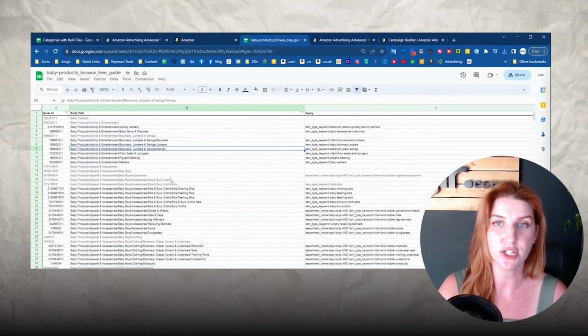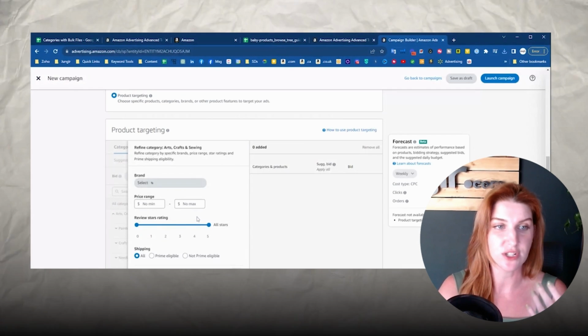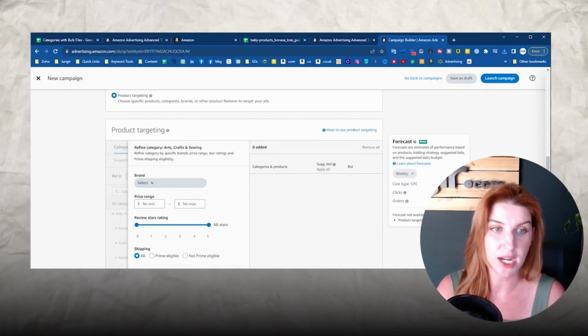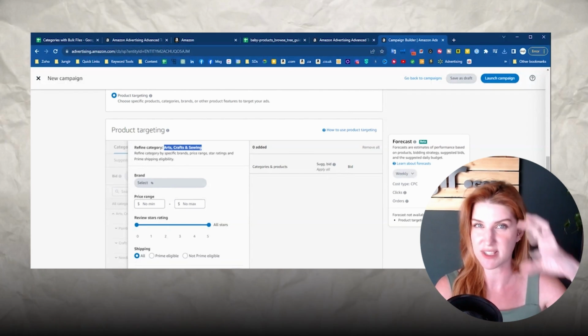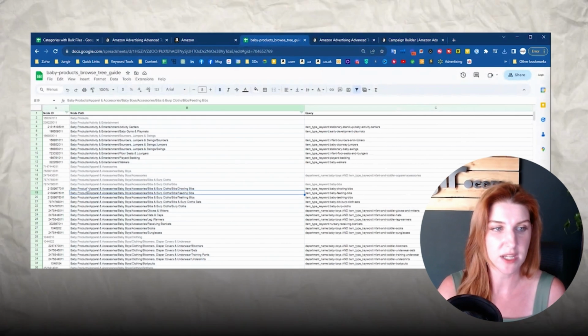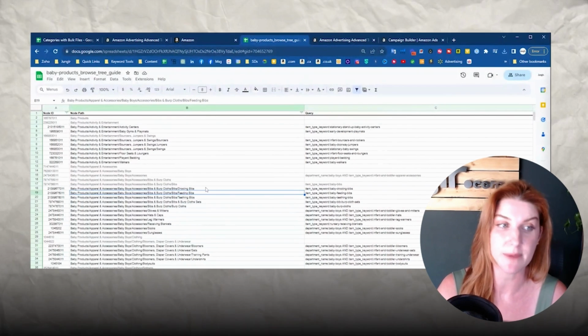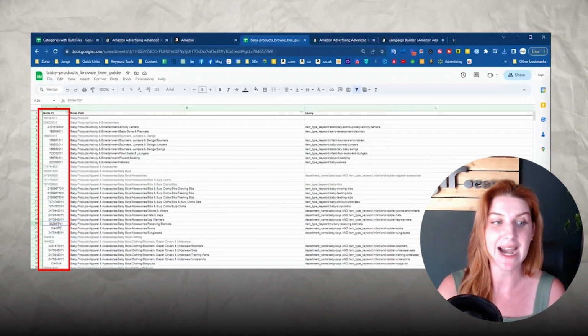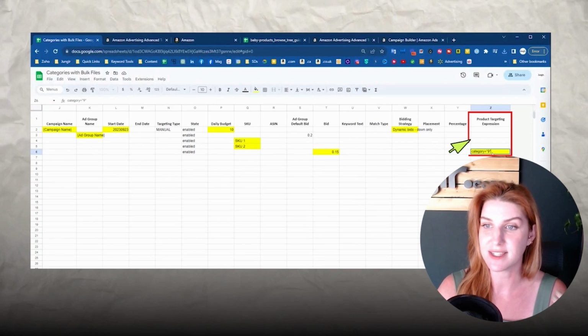So it's very similar to how if you opened up your campaign builder and you wanted to select a particular category, I would say, okay, I want to target arts and crafts, crafts and sewing. So you can sort of sub down into the category. It's very similar, and you can see right here, you'll see this slash, and you're kind of drilling down into the category. So this node ID is actually what you want to copy and then put into this category targeting